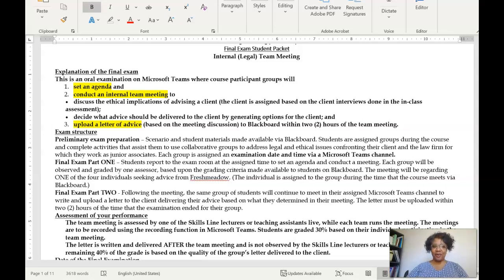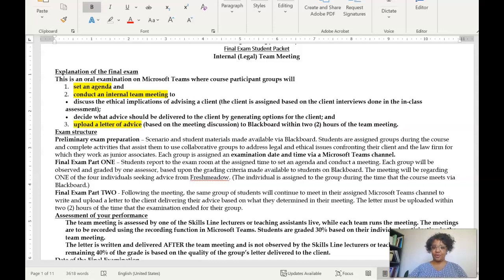The first thing I want you to notice here is that there is a student exam packet that will be made available to you by announcement on Blackboard. In addition, in that same announcement, we will give you a listing of the times that you should come for your exam, and you can look that up by group number. And we will also provide for you this video, which will walk you through the exam packet and tell you what to expect on the day of the exam.